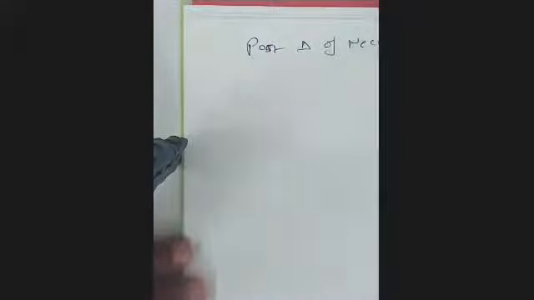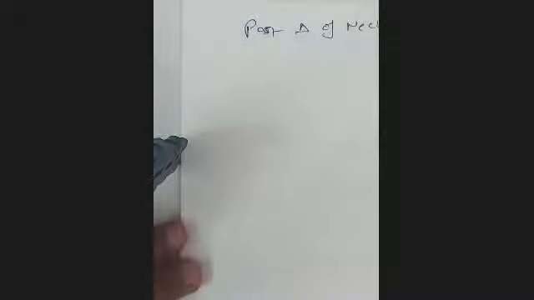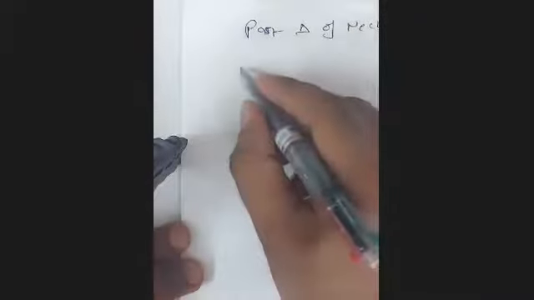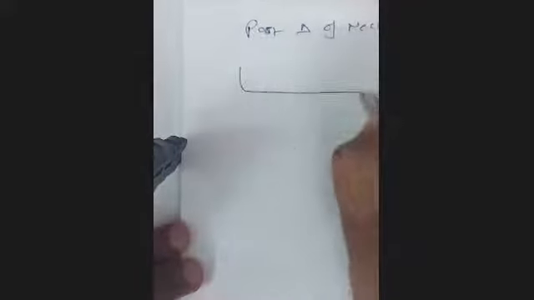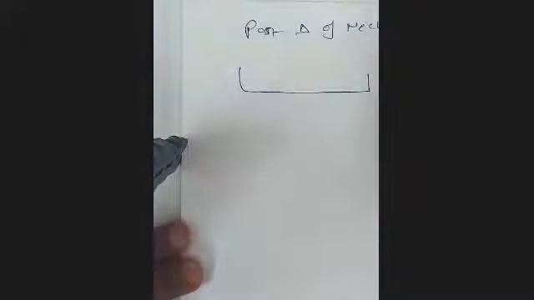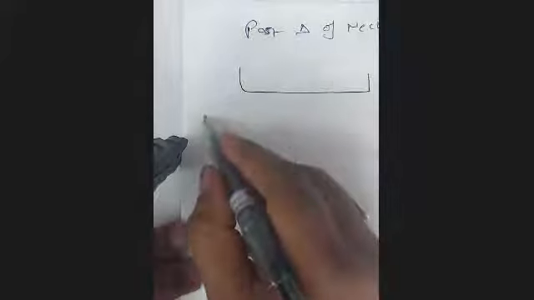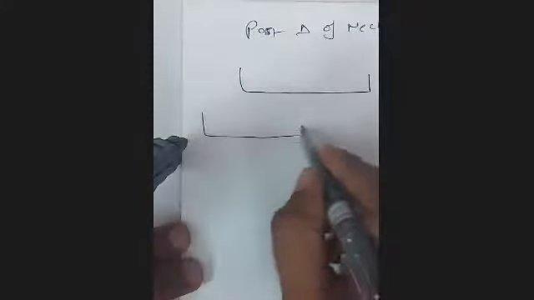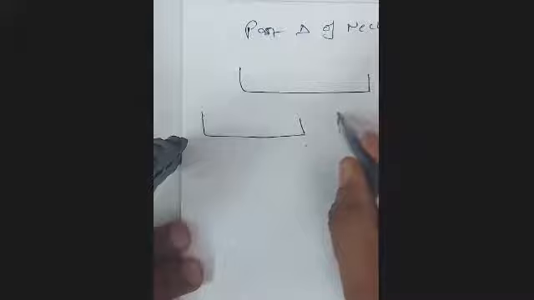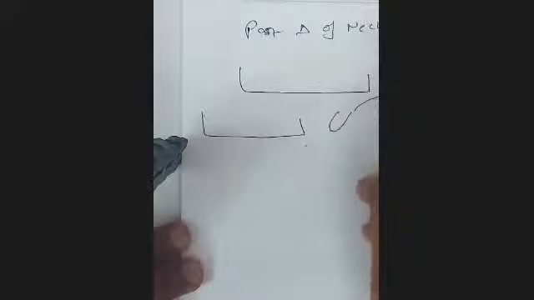So hello everyone and welcome to this session on posterior triangle of neck. Now when we look at the neck from lateral side, this is the mandible, and I'll draw a little below. This is the mandible, and then a little behind here is the mastoid, then the superior nuchal line, external occipital protuberance. This is the anterior midline of the neck.